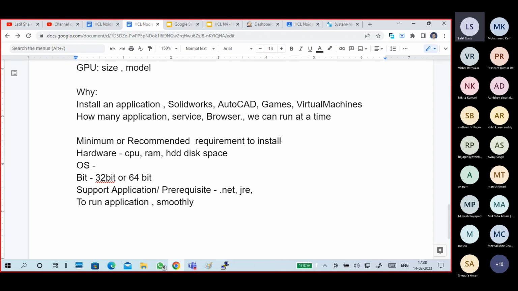Sometimes Oracle database, database applications, are needed to run certain applications, and to play games also.